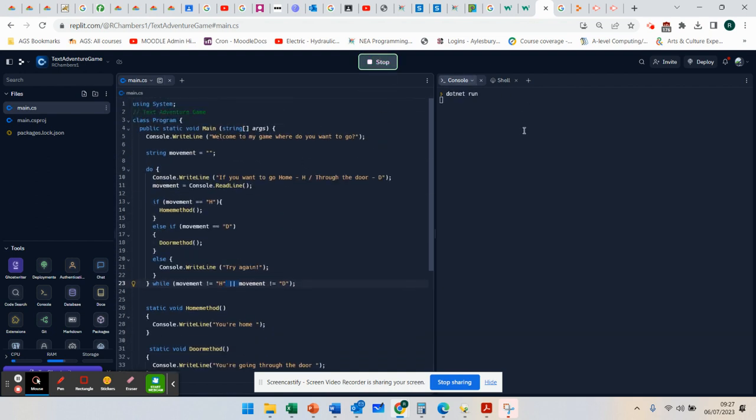So I'll run this example. And you'll see it stays in an eternal loop. So you don't need to use the do while loop, but it's just an example of how you could start to embed it. So if I put in a B,